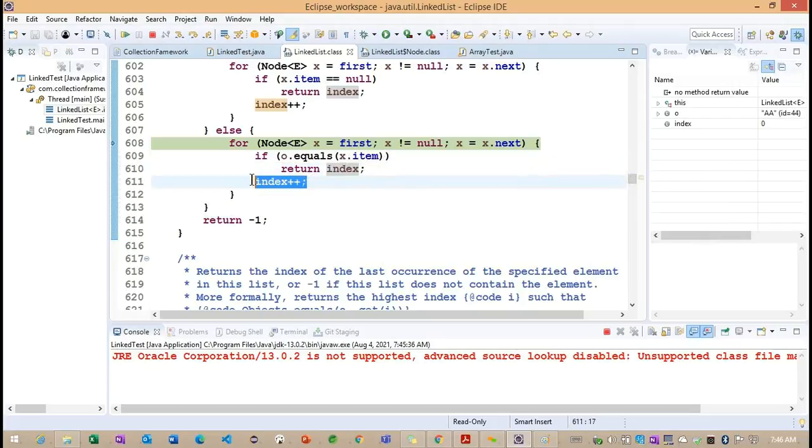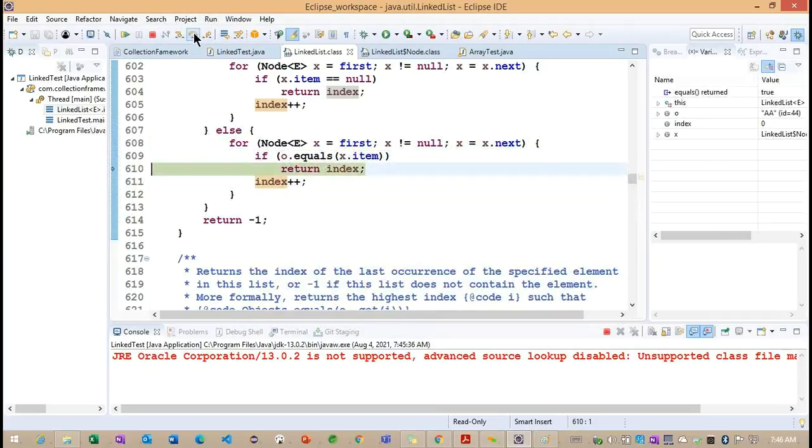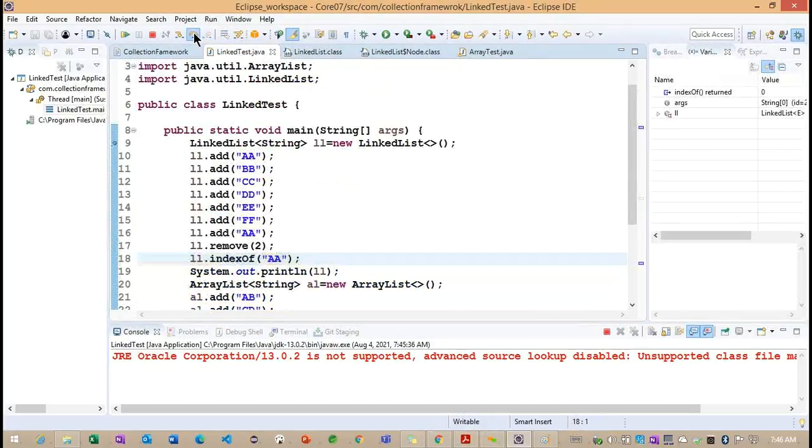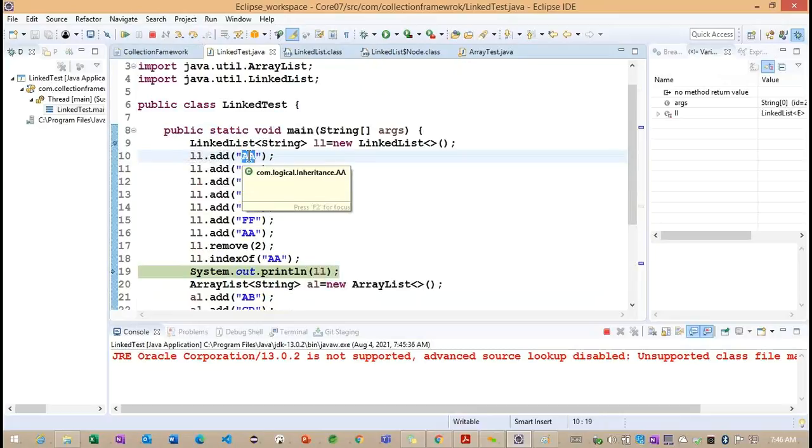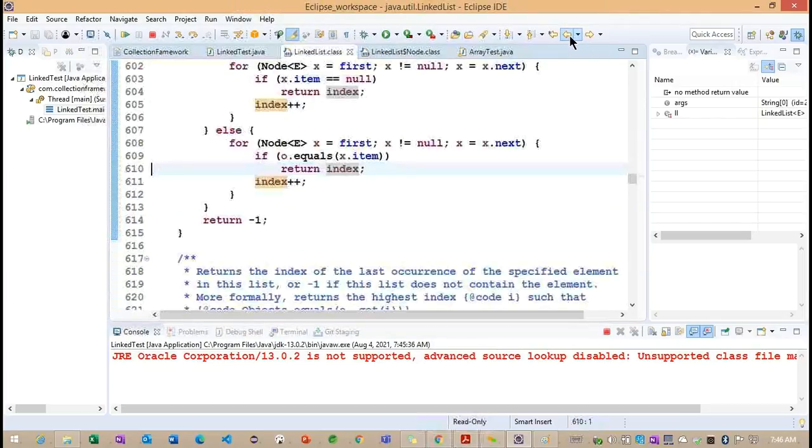Based on this particular line number 611, the loop index value is going to increase here. So initially, what is the index we are having? 0. Now the first condition is satisfied, it returns the index here, because the AA we stored in the first index location. If it is an FF, what happens internally?